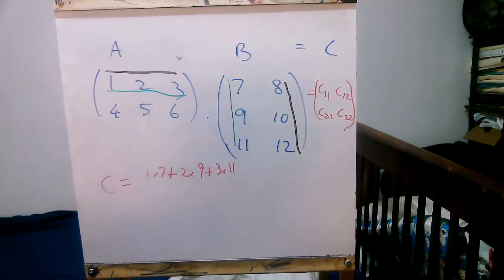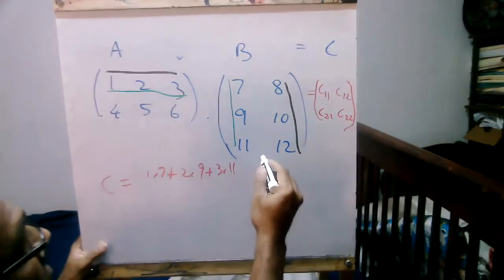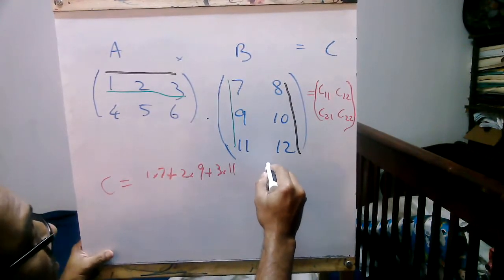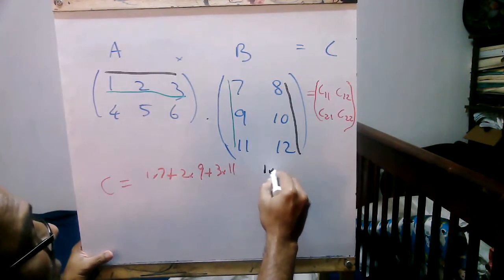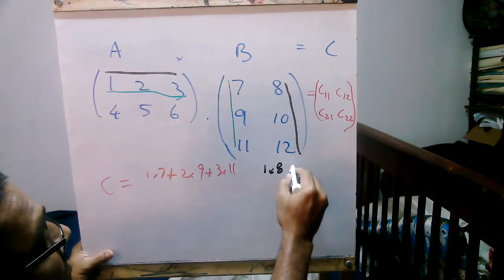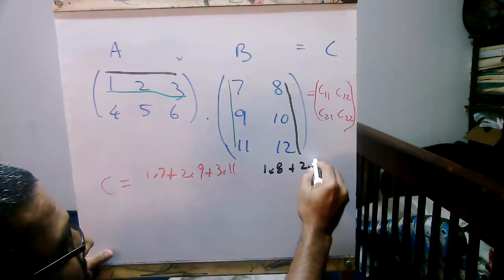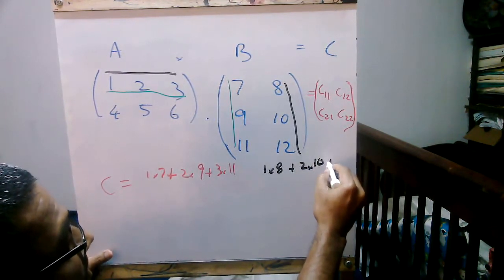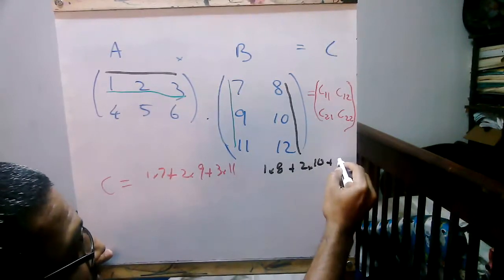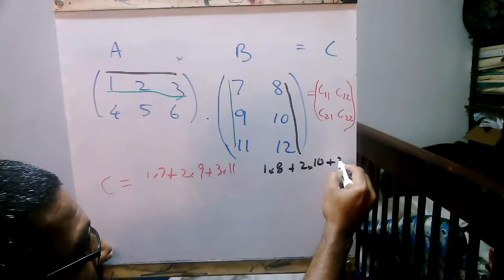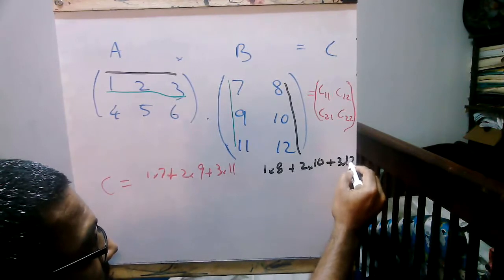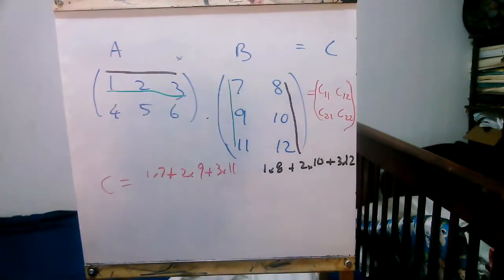I'm gonna write that in black here. 1 times 8 plus 2 times 10 plus 3 times 12. Right. Now